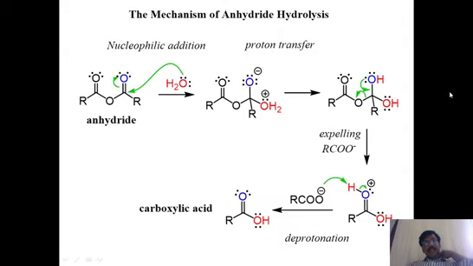Next is anhydrides. What happens when anhydrides are hydrolyzed? You see the anhydride structure, RCOOCOR. Look at the structure very carefully. This is anhydride. On hydrolysis, what happens? Simple. It breaks into two carboxylic groups because this is formed by loss of a water molecule. When two carboxylic groups are attached, this is formed. Now, when water is added, simply it gives two carboxylic acids, that is, RCOOH and another RCOOH. So two carboxylic acids are formed.